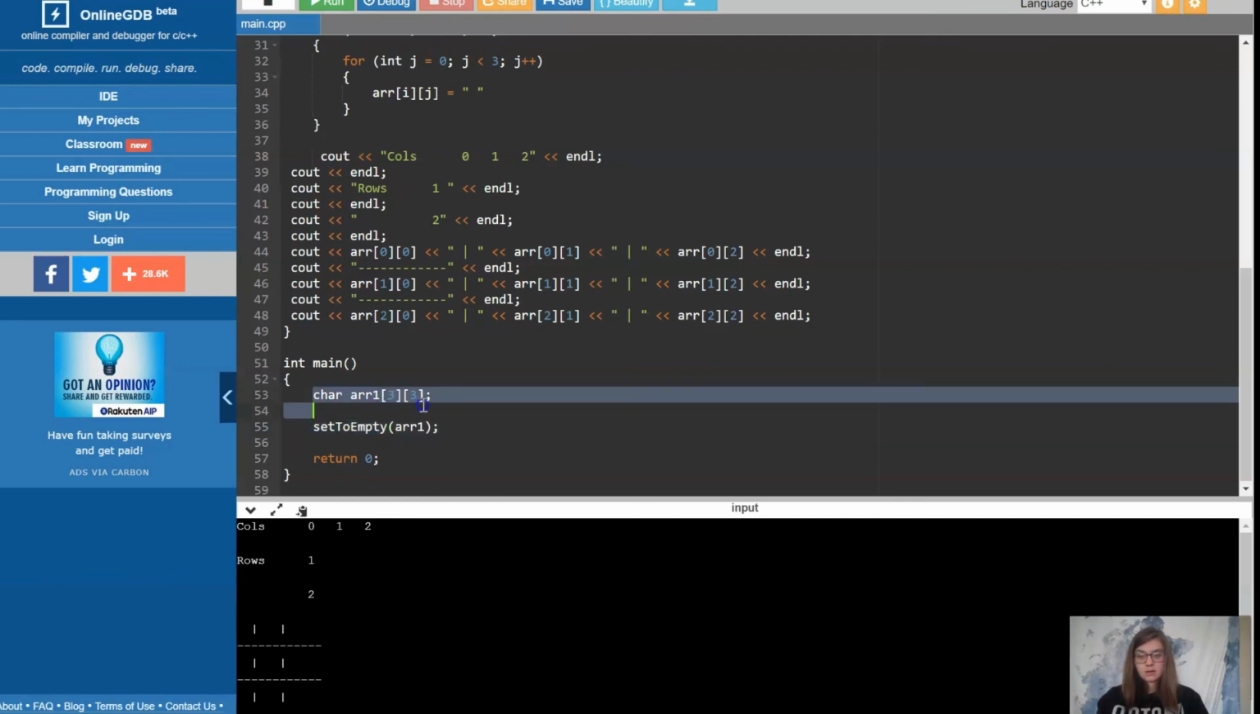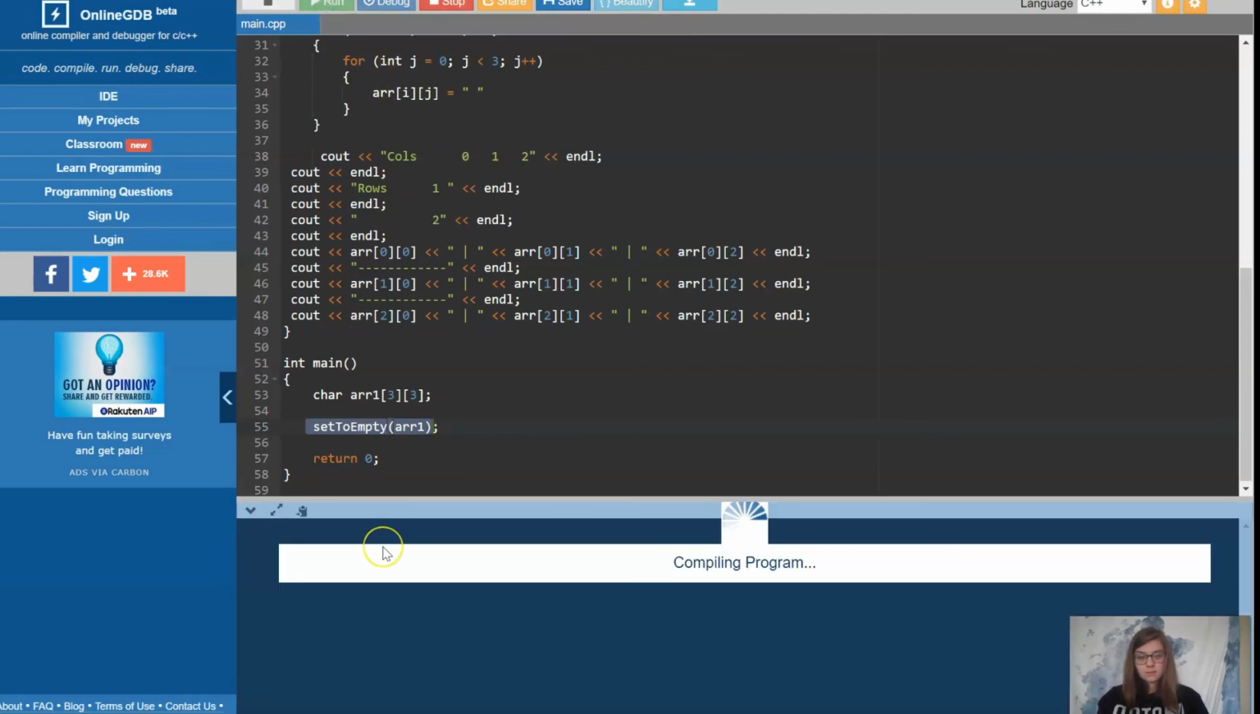So you'll need a character array of size 3 by 3. Go ahead and declare that. Then call your function array down here and put that in there. So when you run the function,